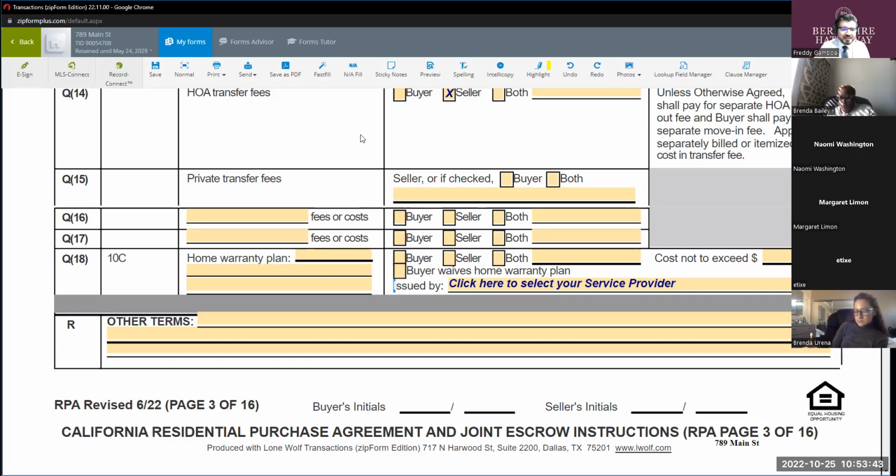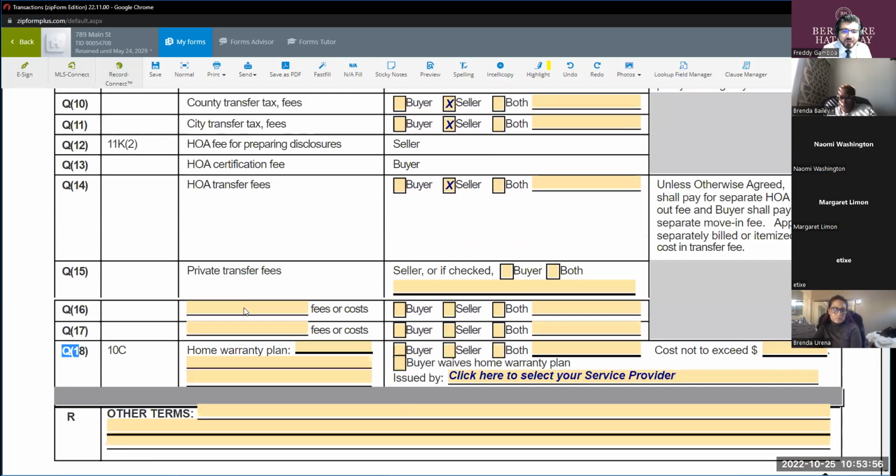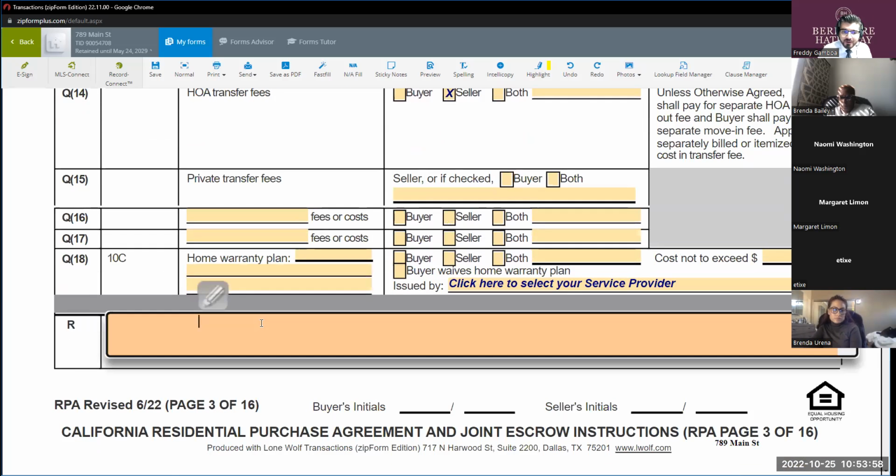All right, so now right here, also make a note on Q18. Now letter R, other terms. Here we have to be very smart. What are they asking for? What do they want? A lot of people here will go ahead and put a termite